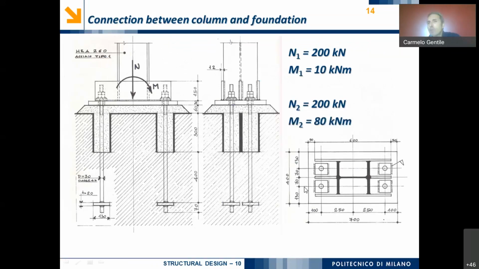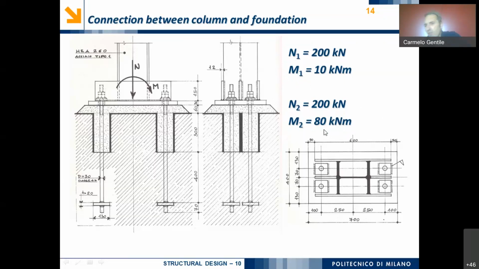If you want to try to make some computation on your own, you can, for example, use this geometric characteristic of a real connection between a column and a foundation. Of course, here I have proposed basically two different couples of axial force and bending moment. In the first case, of course, we are in the case of lower eccentricity, while in the second case, we are in the case of a